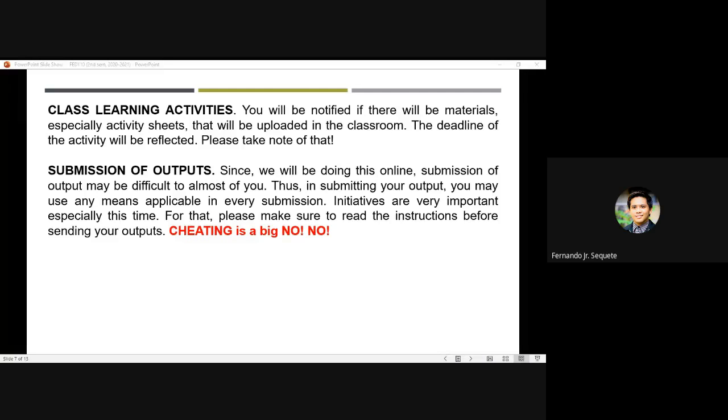So all we have to do to confirm if the answer is authentic or not is copy your answer, children, and then paste it to Google. Di ba? It's so easy for you to get information, and it's also easier for us to check if your answer is authentic or not. By the time I verify that your answer is not authentic, automatically you will get 0 coming from me.